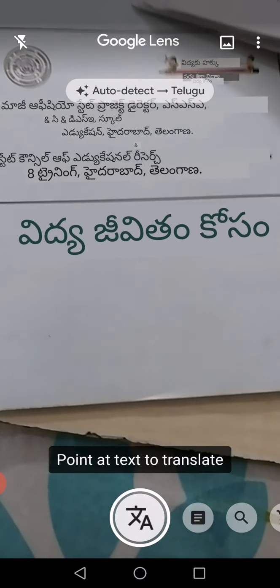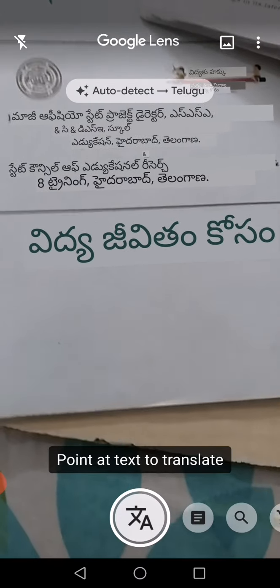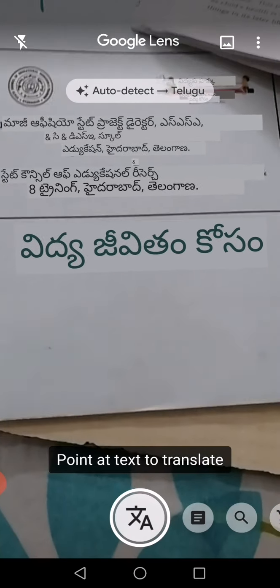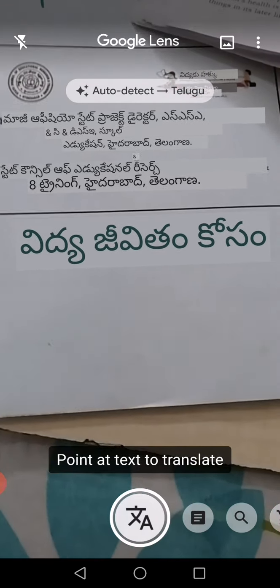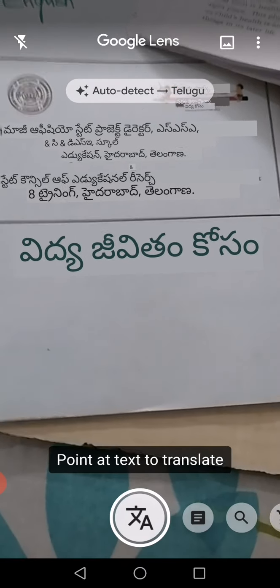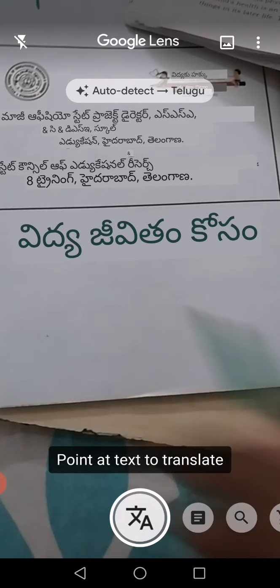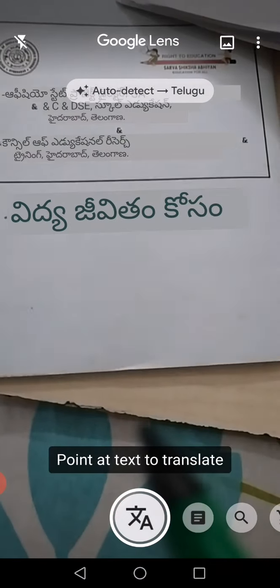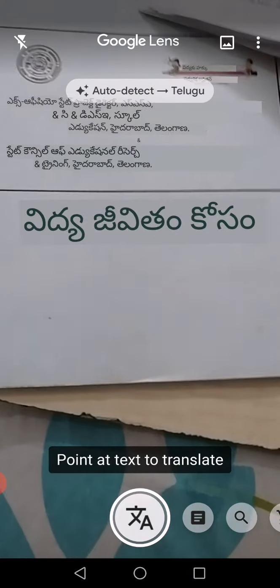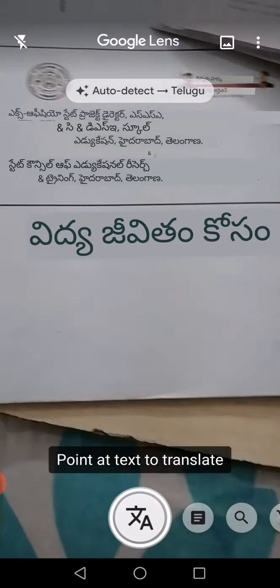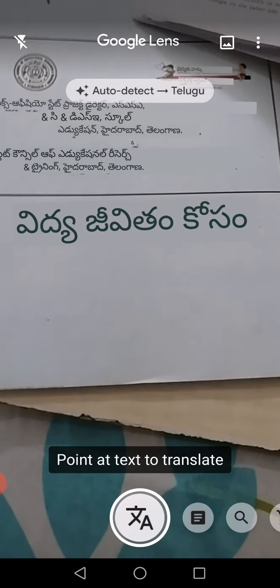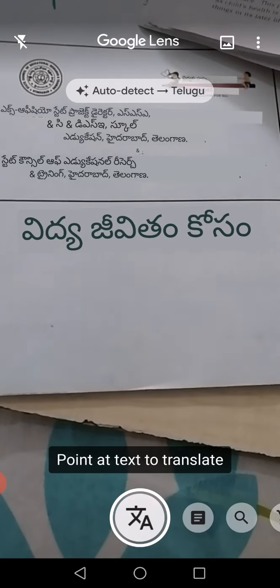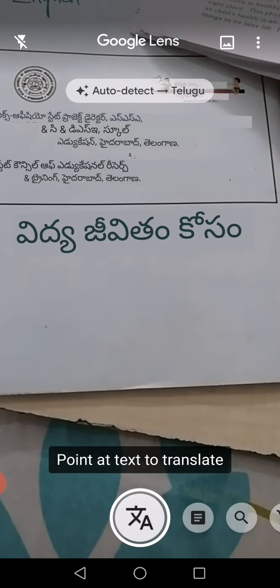See, it's translated. Even handwriting is being translated. Handwriting can be translated. See, vidya jeevitam kosamu. I have written "education is for life," and Google Lens is translating my written form into written form in Telugu.